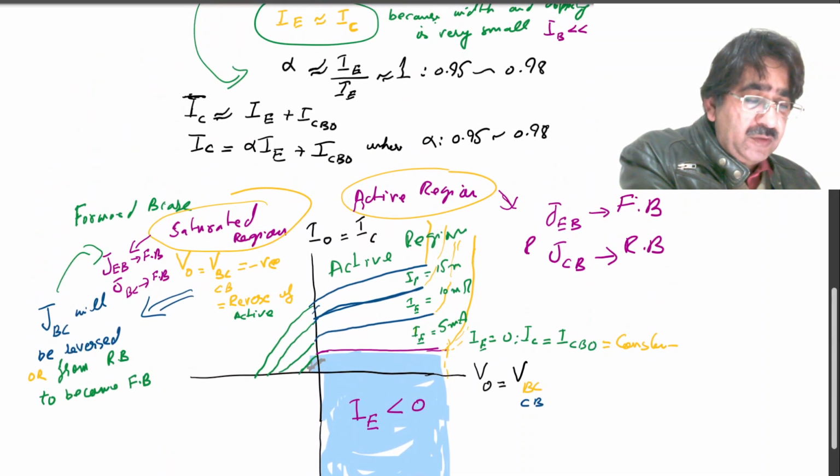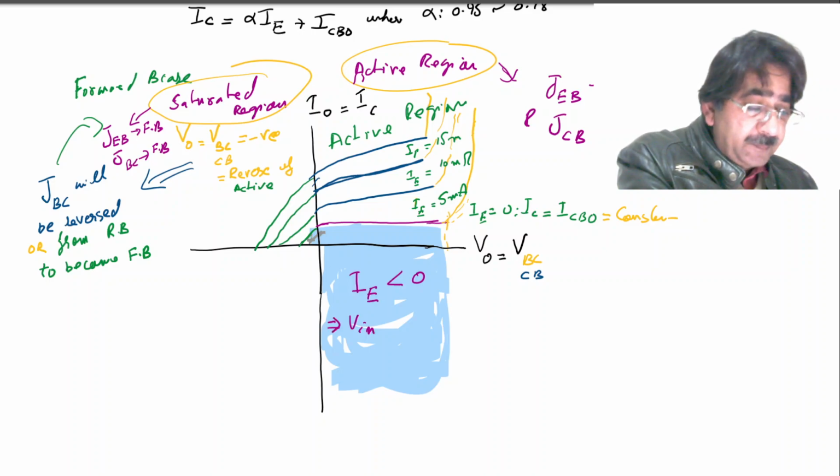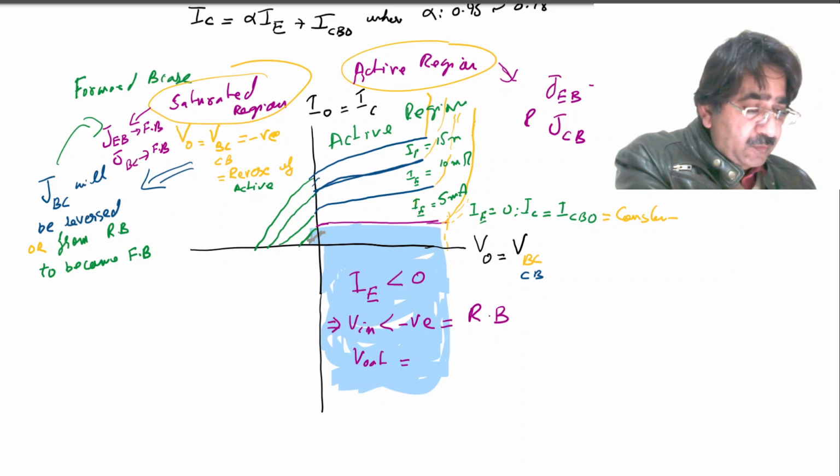So input current will be zero. This implies that the input voltage V in is negative, meaning reverse-wise. But V out will be zero,